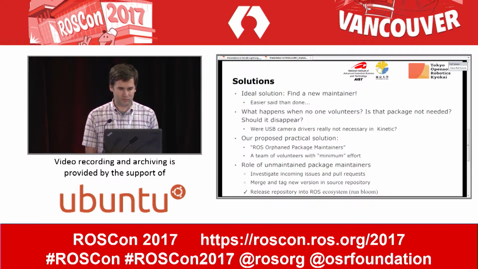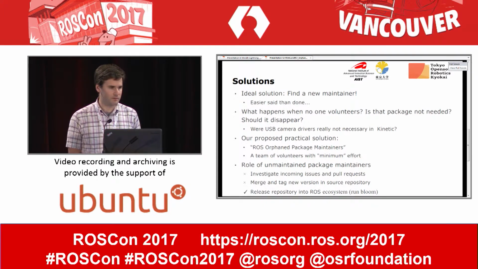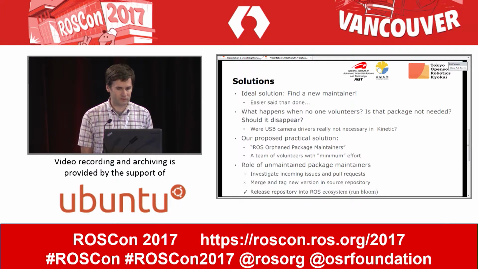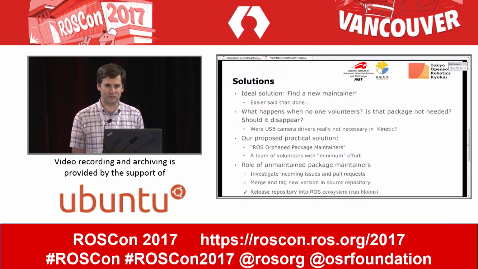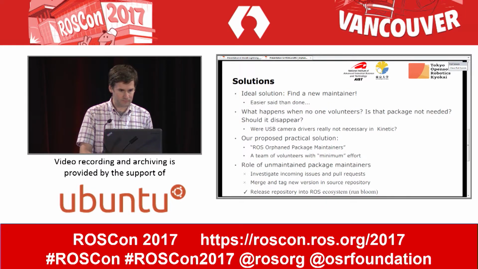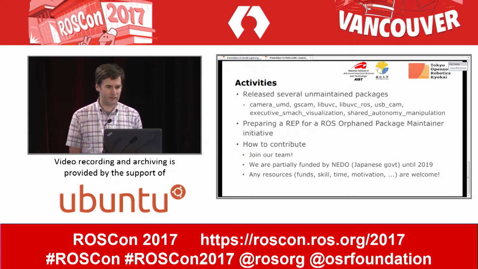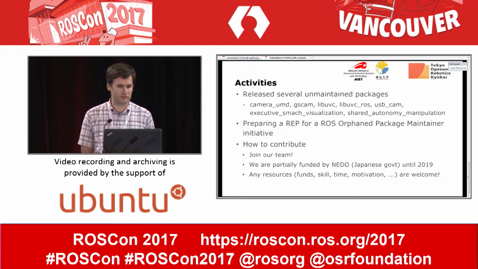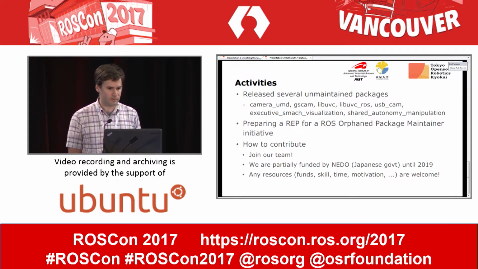So there's a group in Japan which has come up with a proposed practical solution, which is a volunteer group who will maintain orphaned packages. Their goal is to do this with minimum effort, which means they're not going to investigate incoming issues and do pull requests and so on. If the package breaks, that's it. But they will release the repository into the ROS ecosystem as long as it keeps on working and running. So they've already released several unmaintained packages. Again, the USB camera drivers are notable, but there are some other ones that they want to use on their robots, which they've released. And they're preparing a ROS extension proposal for a ROS Orphan Package Maintainer initiative